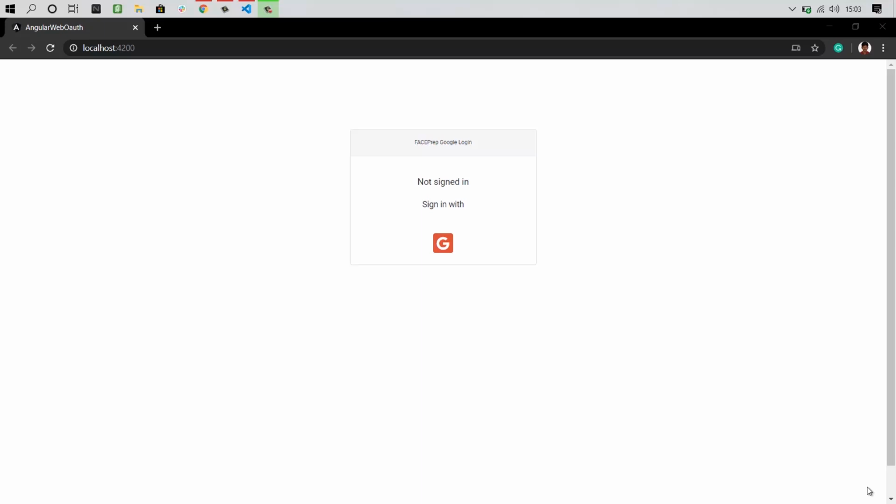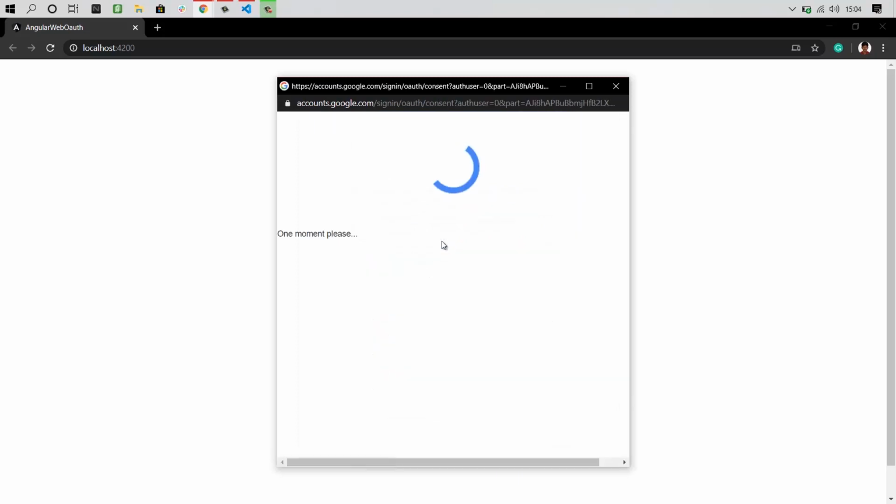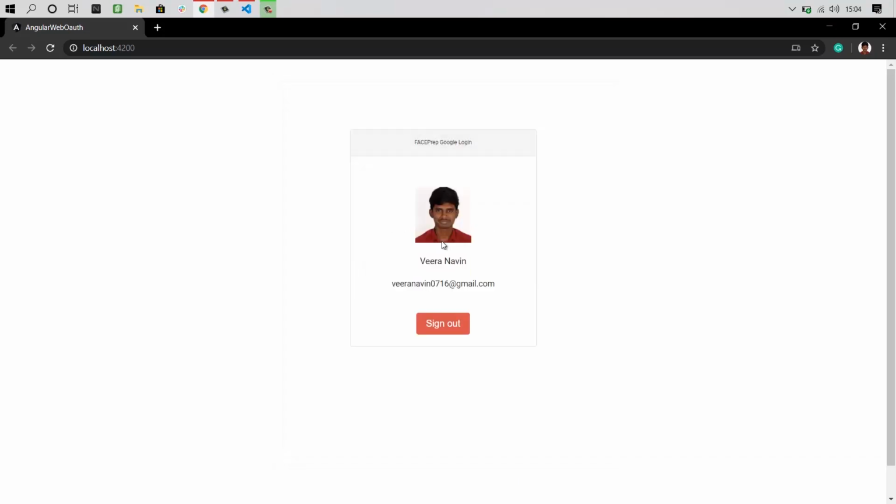You would have done this many times. Yes, in this video you will learn to add Google authentication in your application. So first, I'll show you what is Google authentication. This is my login page. If I click on Google, it will ask me to select the email address. So now I'm selecting my email. Using this method, we can easily log in to any website. So in this video, you're going to learn how to implement Google authentication.